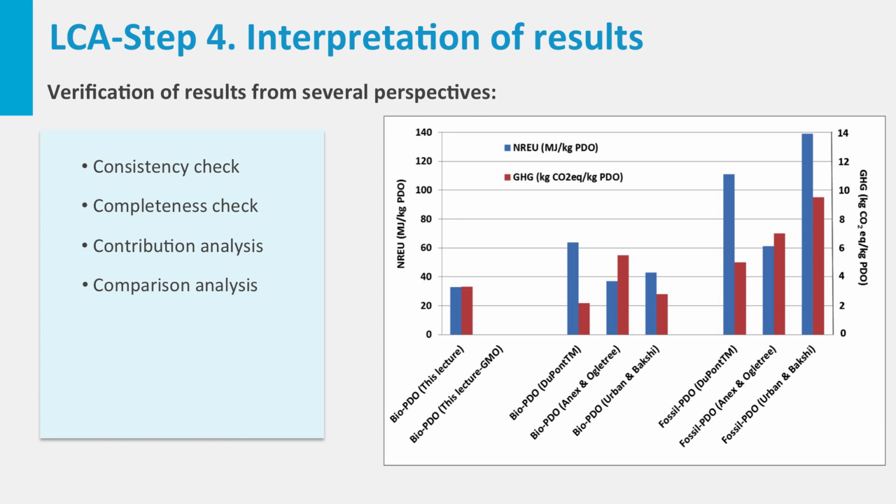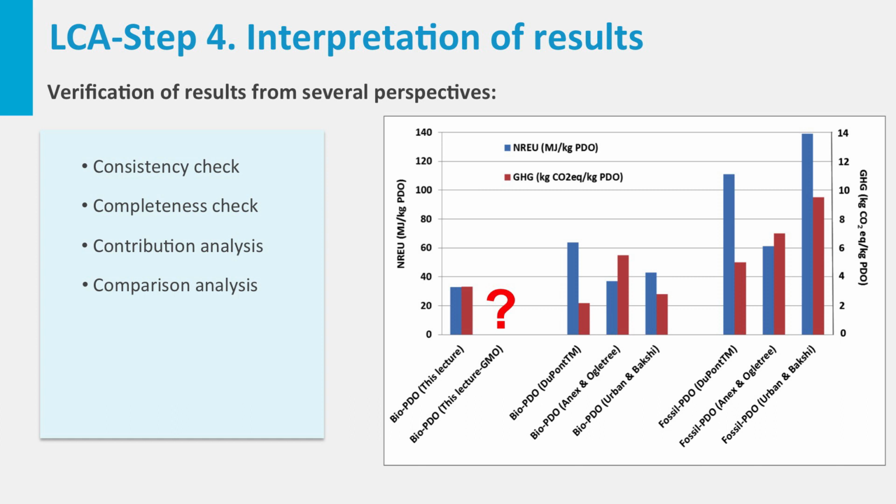Comparison analysis is useful to put into perspective the obtained results with respect to a reference system and to other reported studies. Here, for example, the GHG emissions and the primary energy use are compared to the data reported by DuPont and by other two studies, also for bio-based PDO. In these cases, the feedstock is US corn. The same studies also report the environmental impacts for petrochemical PDO. The figure on the screen shows a blank space for the results on the GMO case study that you have been working on